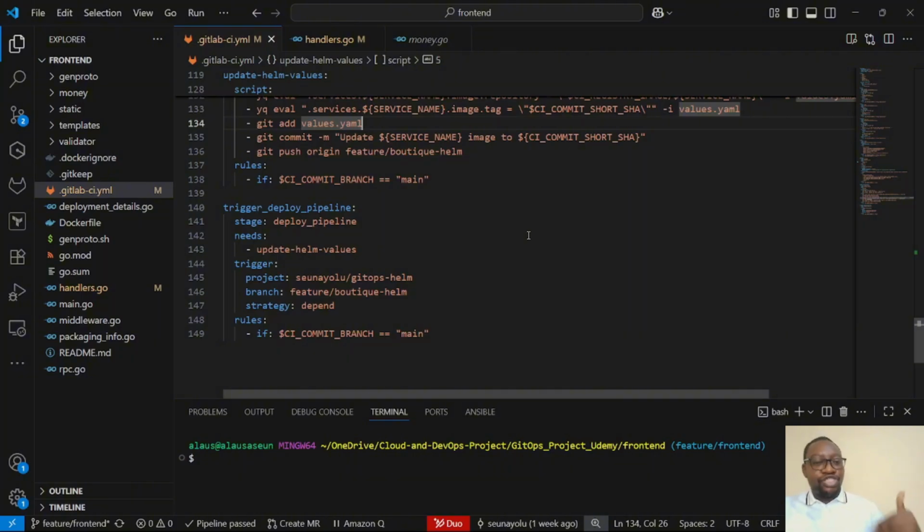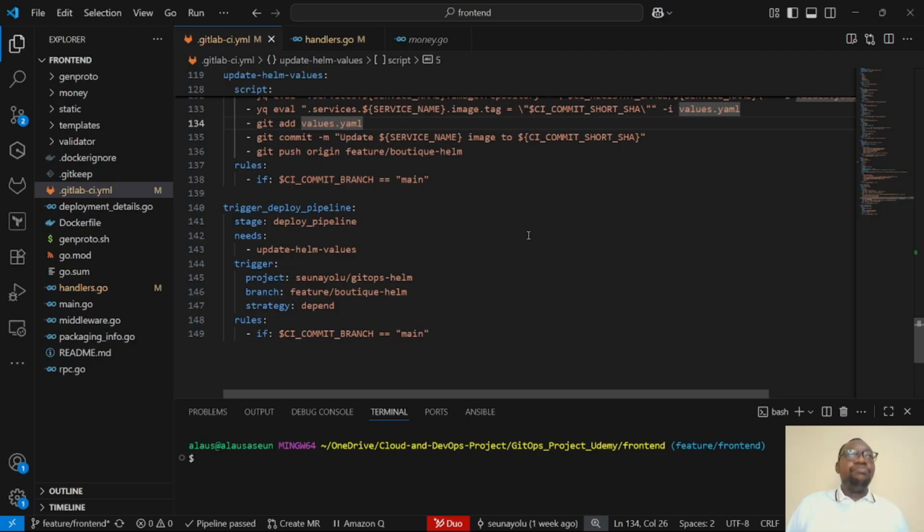And then of course the project we want to trigger is the Helm project, and then the branch is the future boutique-helm, which is the feature branch. We're not triggering the main branch, because the feature branch should be where we can test things and be sure that things are okay before we merge into the main branch, and then we run the pipeline normally. So once the Helm chart has been updated, or the values YAML has been updated, this right here is going to now trigger that particular branch, and the strategy means depend, which means